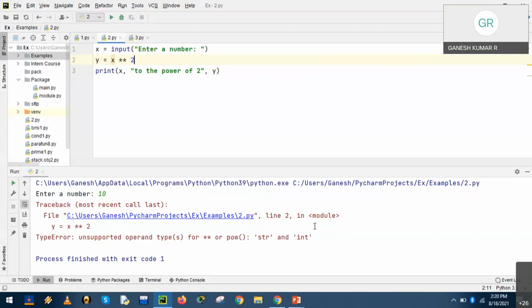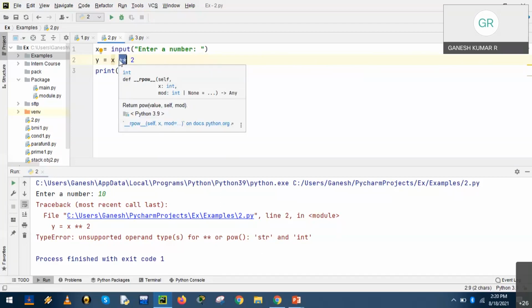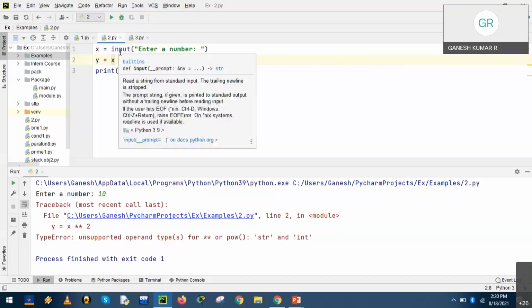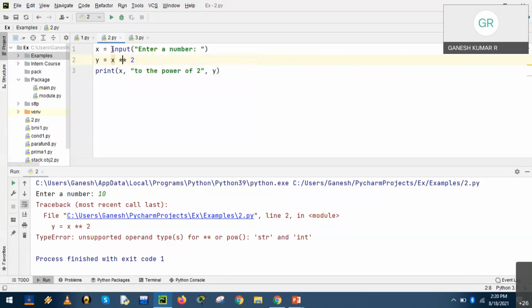So I want to go ahead with the same logic and I need to find the output. How can we make it? What solution can we have? Yes. Python offers two simple functions to solve this problem. That's called casting. Exponentiation, we know, is an arithmetic operation which can be applied only to integer or float values. In case the input is of a different type, there are two simple functions to solve this problem. One is by using int.